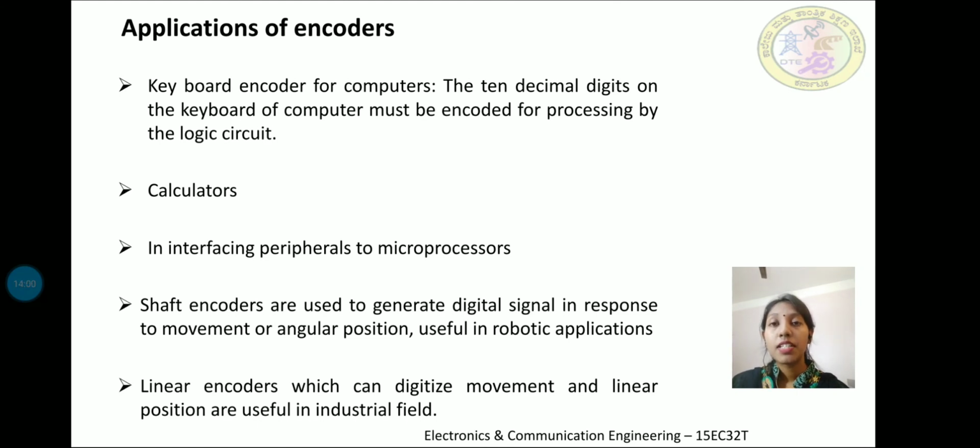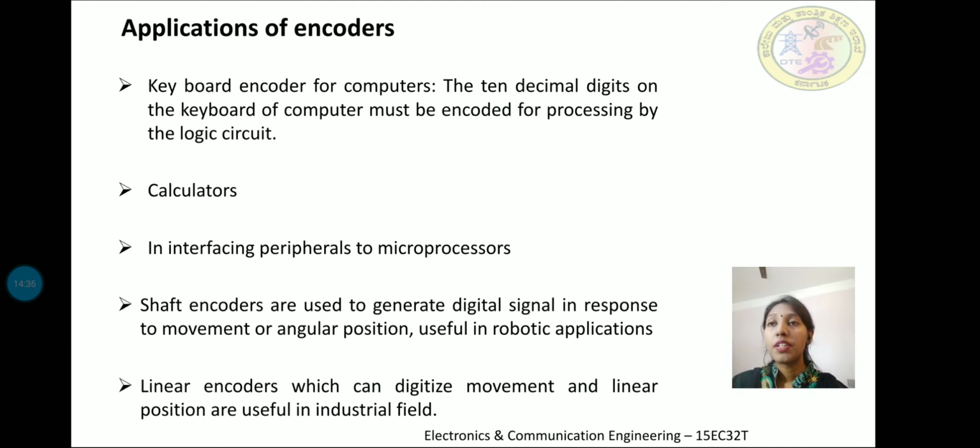And one more application is in the interfacing of peripherals to the microprocessors. The external devices connected to the microprocessors or the computers are called peripherals. The microprocessor or programmable devices such as computers can communicate with one external device at a time. So if more than one device requests the service of the microprocessor or the computer to exchange data, then priorities will be assigned to the external devices, so that the highest priority device is given the opportunity to communicate with the processor or the computer to transfer the data.